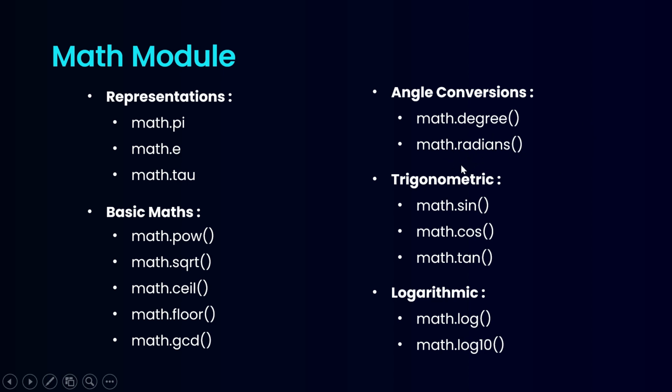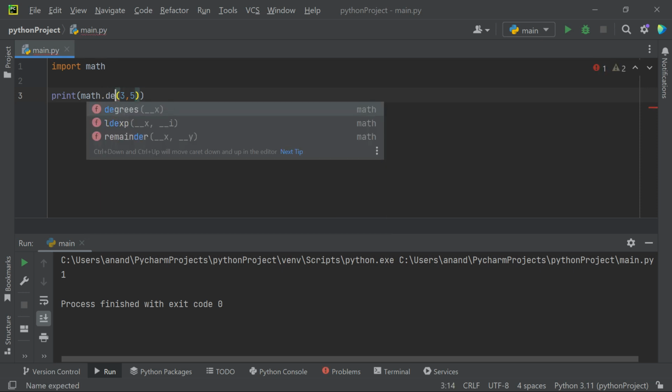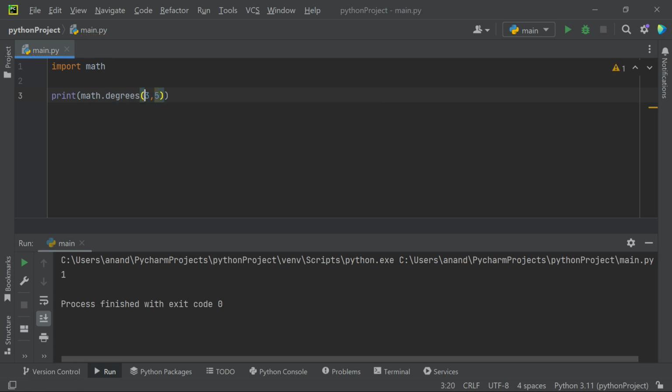Let me demonstrate it to you. So if you want to convert something to radians, there is a degree. So just write degrees. And what is the degree? So if there's 30 degrees, it will be converted to pi by 6 radians, and pi by 6 value will be